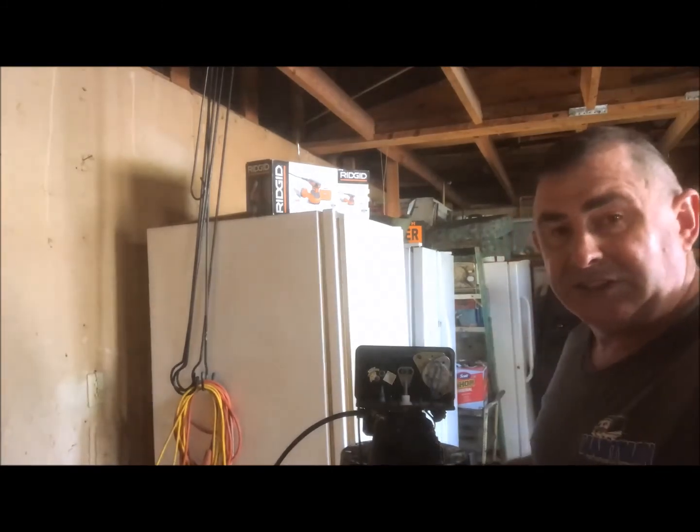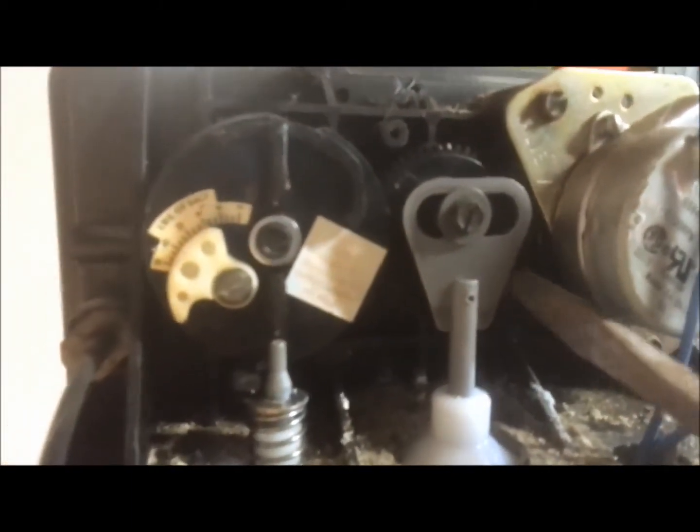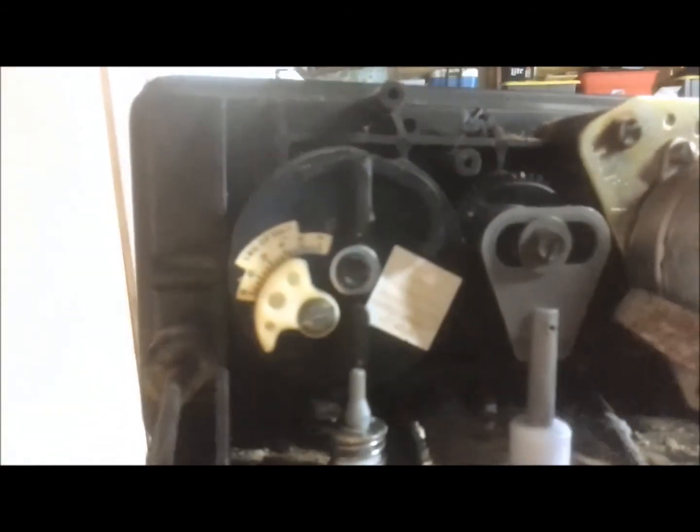I don't know if you can see this. I'm going to see if I can help. Let me get my screwdriver. Right here, let's see, can you see it? I'm probably messing up this video, but right here you can see where there's a break. Sometimes this tooth right up here, this whole piece will break off, and when that happens,